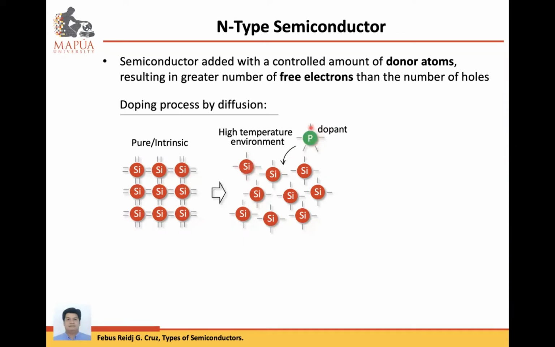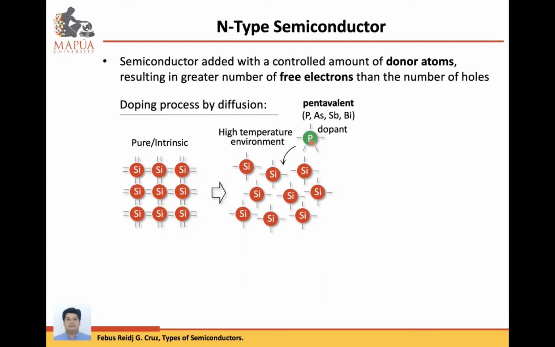And we are going to introduce a phosphorus dopant with 5 valence electrons. So during high temperature, we expose the silicon to phosphorus gas and allow the phosphorus to naturally penetrate the silicon material. So that is the process of diffusion. Then after some time,